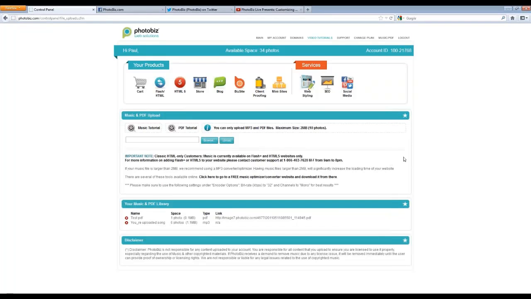select that song to upload it. Now one important thing to keep in mind here is that in order for the music to fit into your website, it can't be larger than 2 megabytes. And this is mainly because we want to make sure that your website runs at an optimal speed and everything works perfectly with it. And 2 megabytes is a great size to be able to maintain the functionality of your